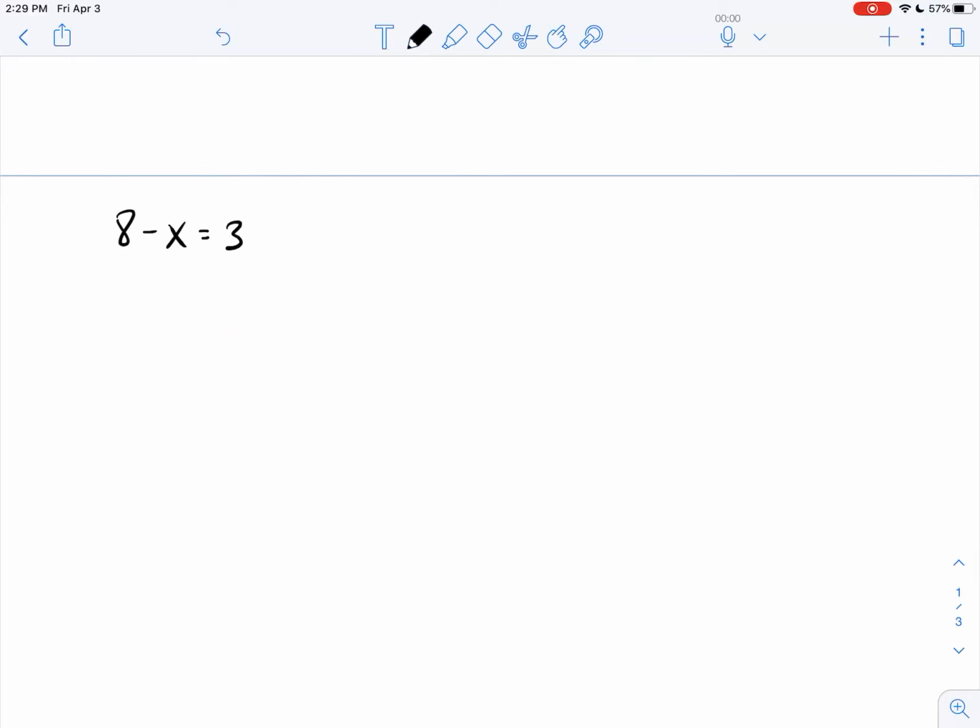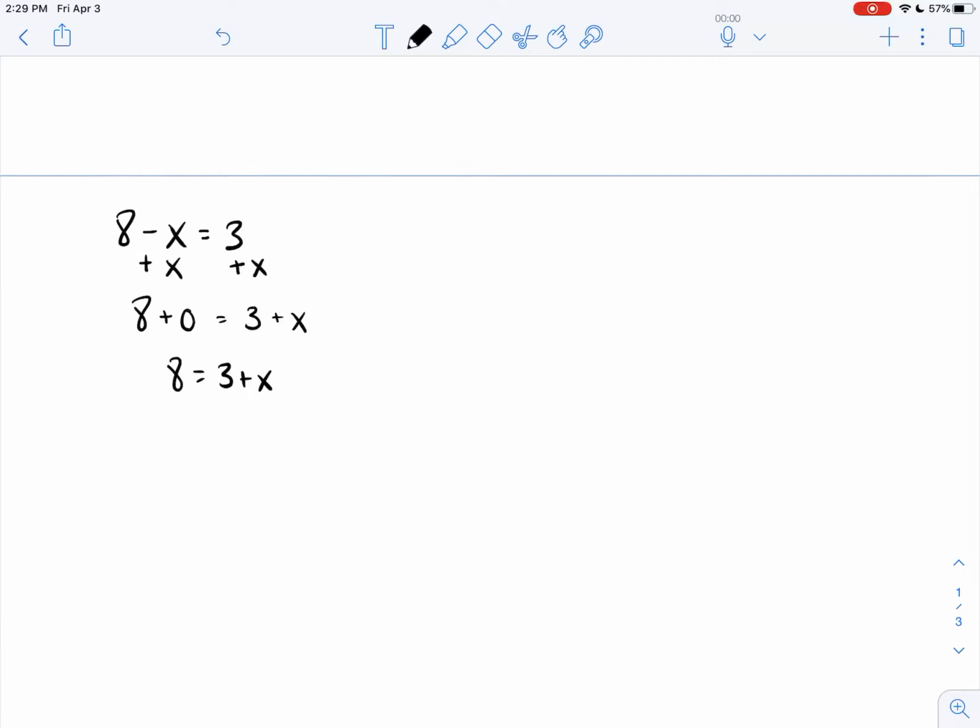So what we're going to do is we're going to add x to both sides. Because whatever this number is, if we add the exact same number, just like we did before with the numbers that we knew the value of, it's just going to give us 0. So now we've just got 8 plus 0 on this side equals 3 plus x,